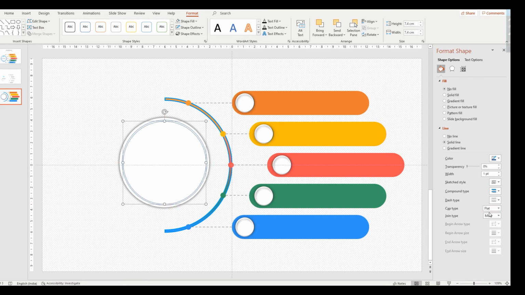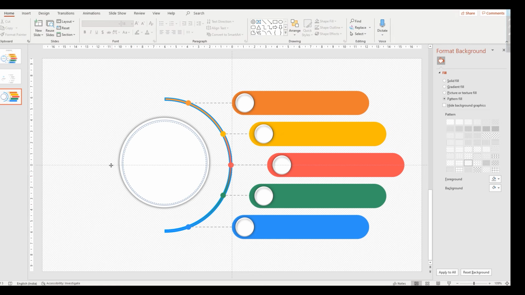Change the dash type. Now it is okay. Now again what we are going to take means another circle.